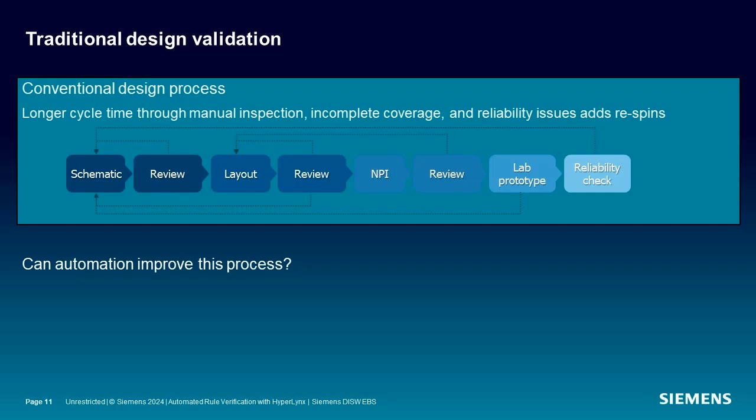Now let's look at the design process. A conventional PCB design process is fairly linear with a schematic creation and review, layout review, and then manufacturing review. Usually, electrical verification and final sign-off is left for the prototype lab at the end. Aside from the obvious cost and time wasted at this late stage, there's also no way to do a root cause analysis on why that problem was created or look at the options to resolve it.